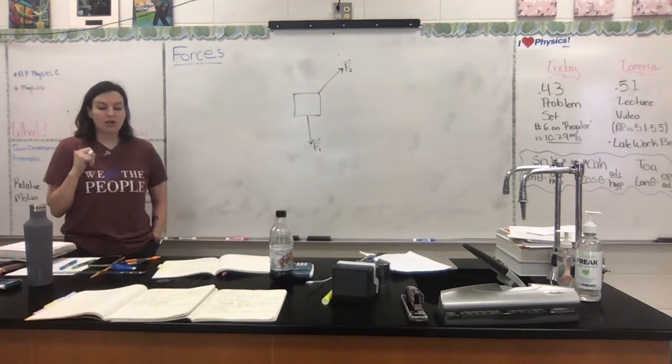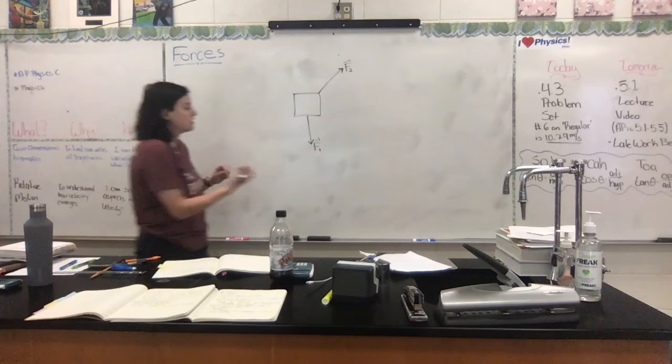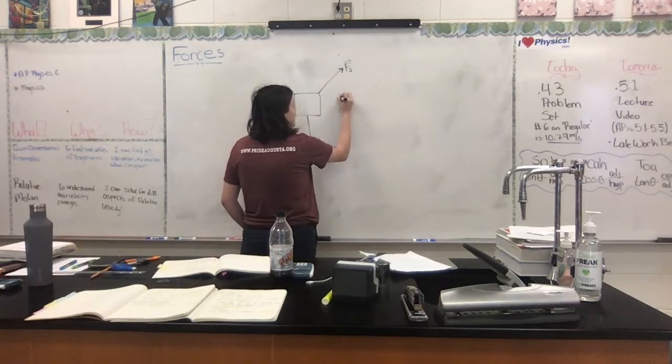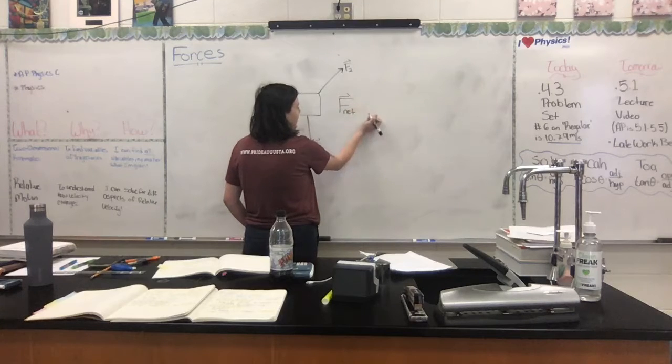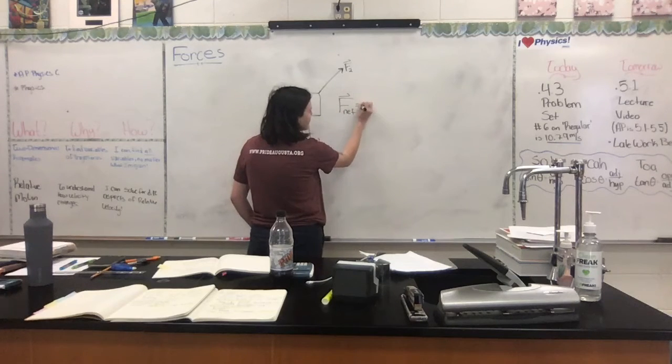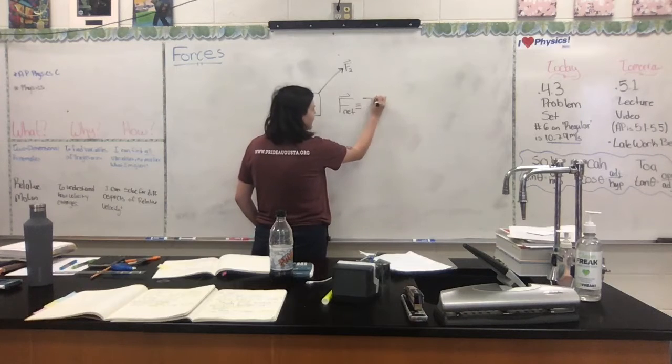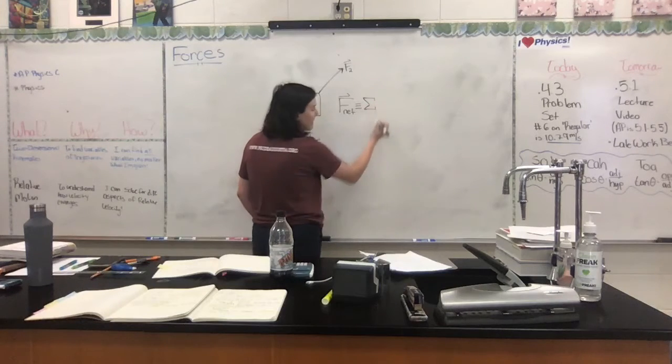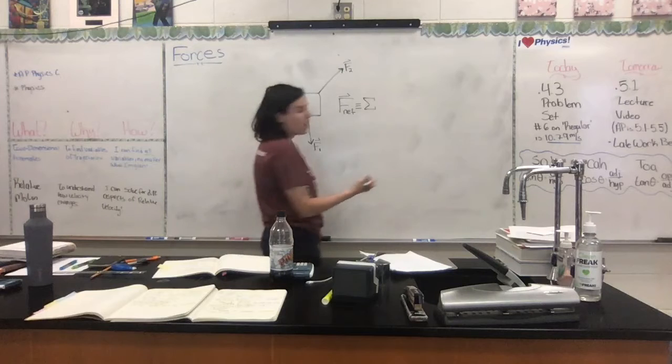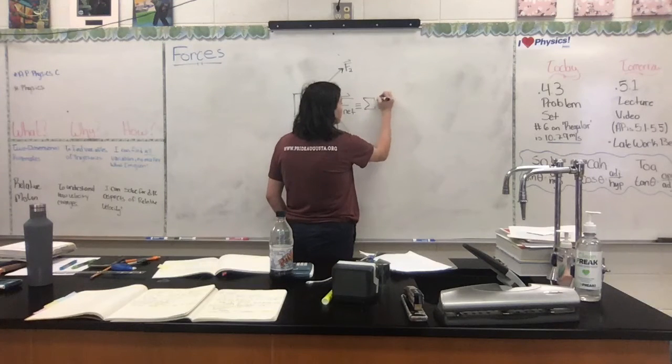What we are going to call the combination of these forces is F net, okay? And what F net is defined as is the sum, all right, the sum of all the forces